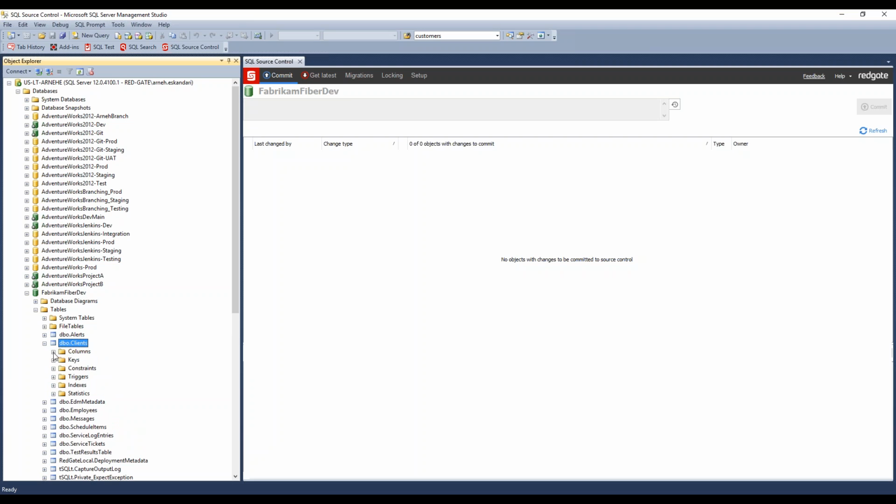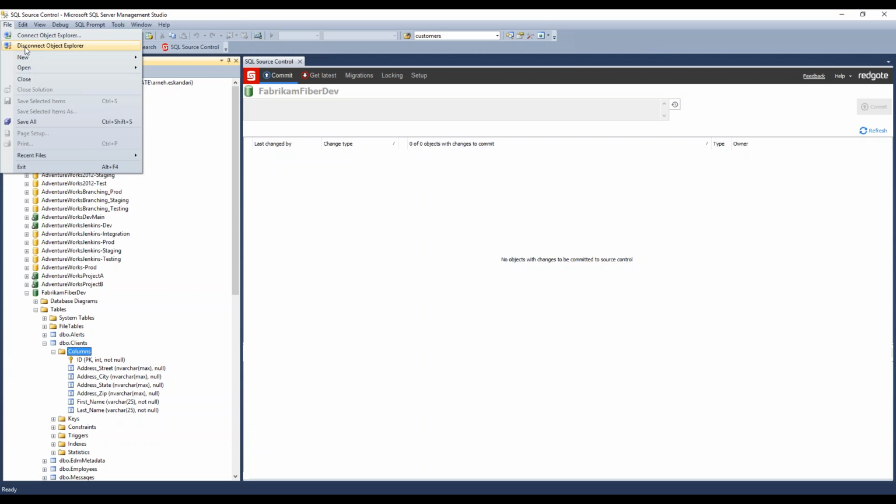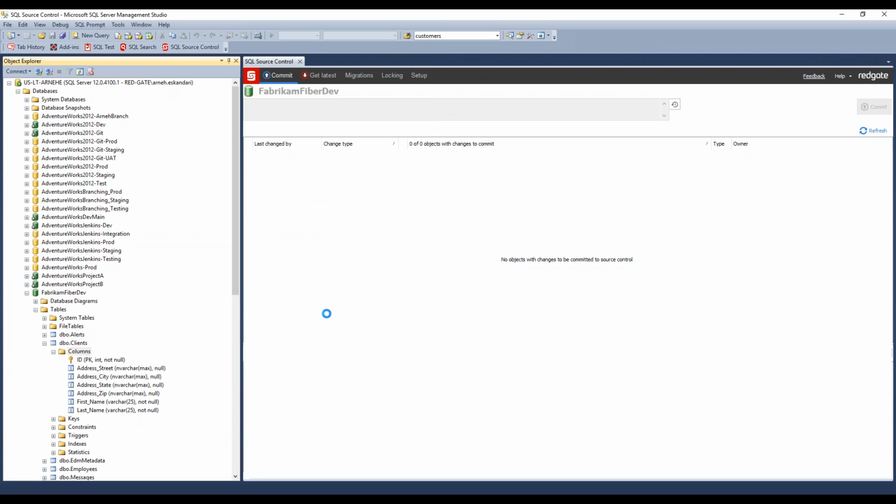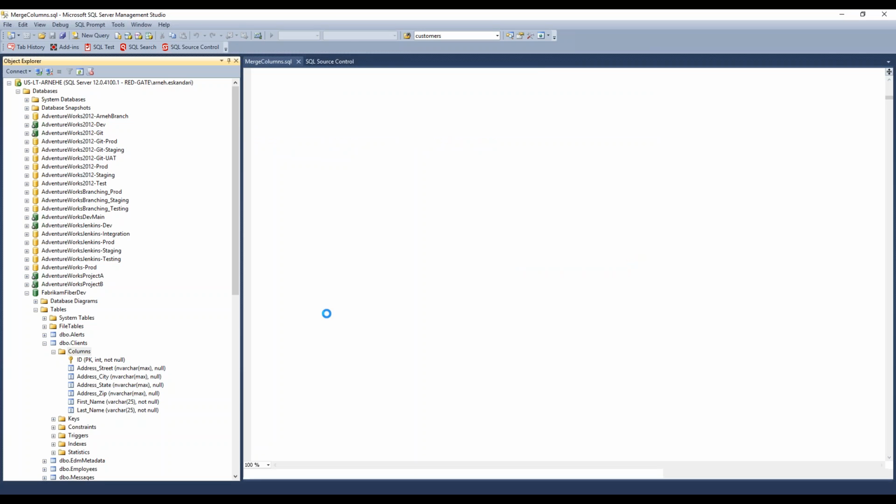So I have this clients table, and here in the columns I have a first name and a last name column, and I would actually like to merge those into one single column and call it full name. So I'm going to go ahead and write my script. Actually, I do have a script just to save us some time here. So I have this merge columns script that I'm going to execute